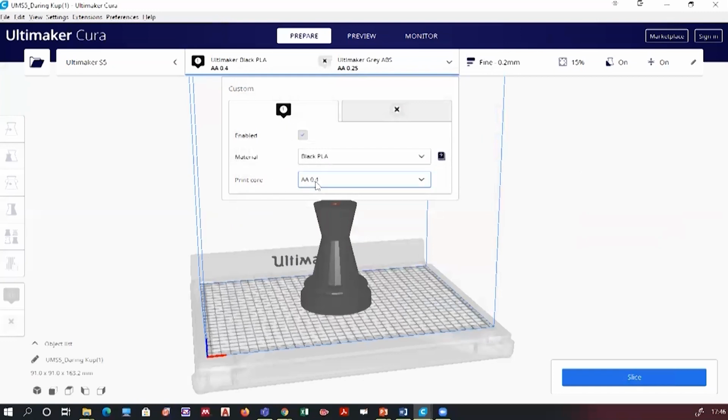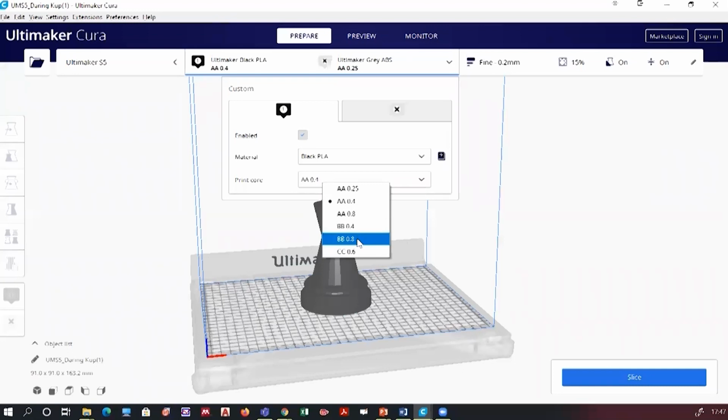The print core means the nozzle is given a name, AA.4, right? AA.4 over here means the diameter of the nozzle. So this is the print core name, and it depends on what nozzle diameter and what printer you have. There are also other options.